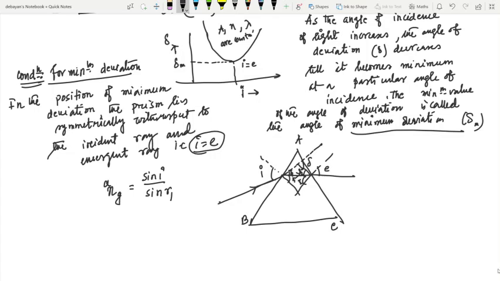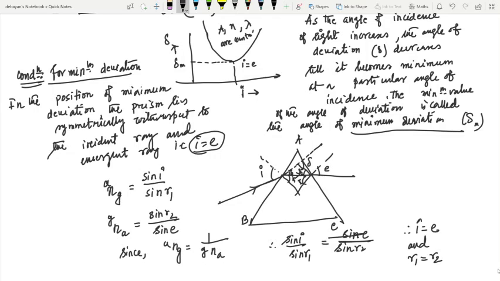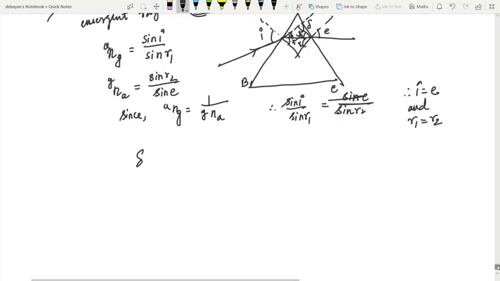So if the base angles of the prism are equal, then the refracted ray passes parallel to the base of the prism when the prism is in the minimum deviation position. So you have to find the refractive index of the material of the prism in terms of the angle of prism and the angle of minimum deviation. If you find the basic relations between the angles, we know the angle of deviation is